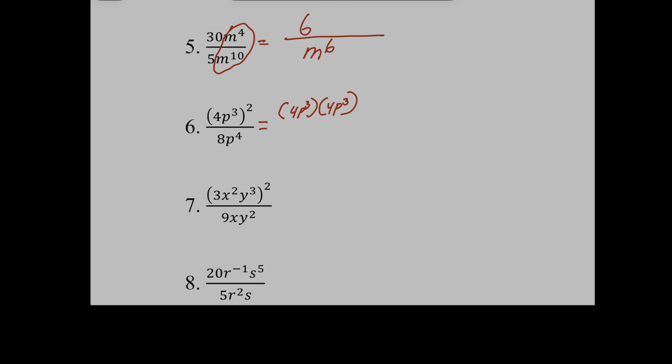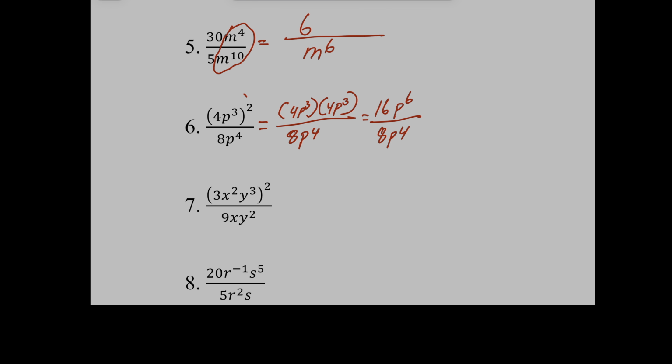Okay, that's all squared means, is that we're multiplying it by itself, over 8p to the 4th. That equals, what's 4 times 4? 16. What's p cubed times p cubed? p to the 6, over 8p to the 4. So look, I got 16p to the